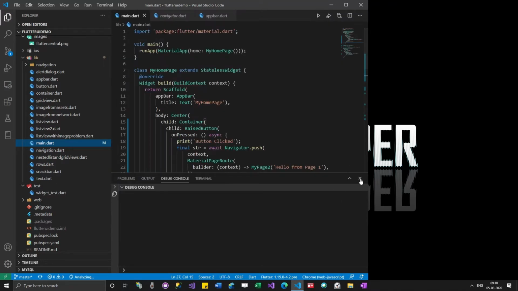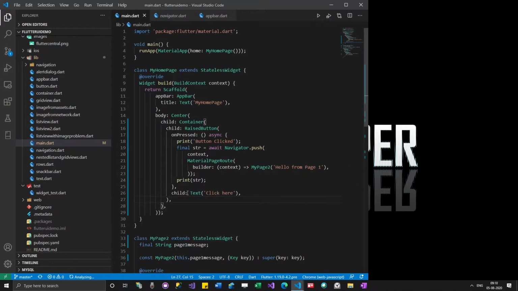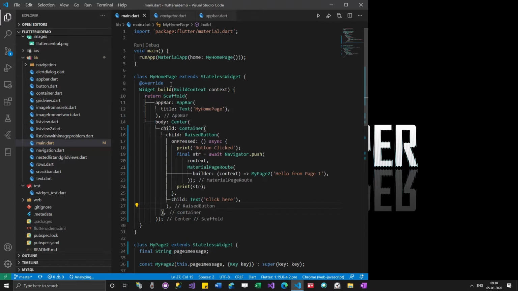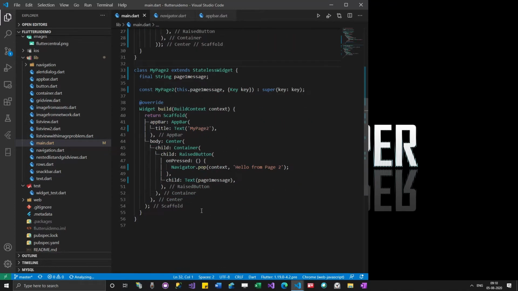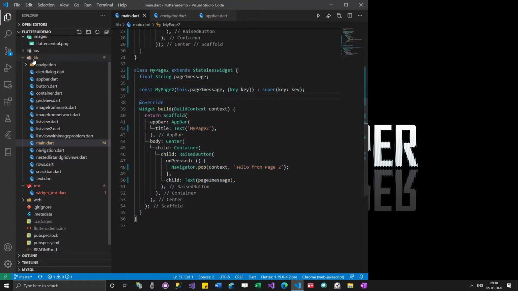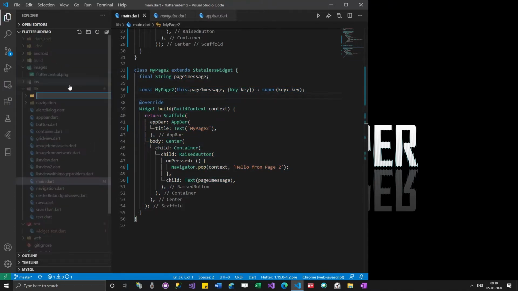In yesterday's example, we created two pages, my home page and my page 2. In the real world, when you are programming important apps, you will split the code into multiple pages. So what I'm going to do now is create a new folder here.